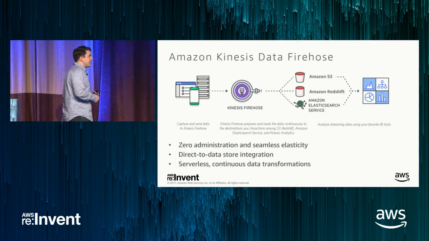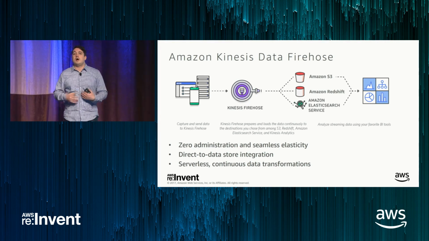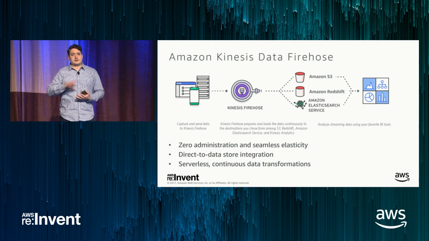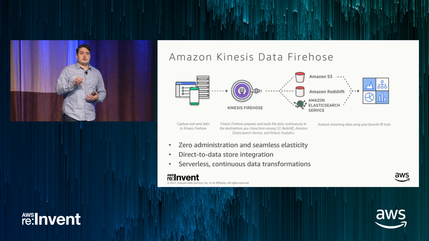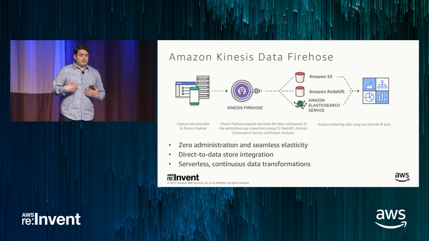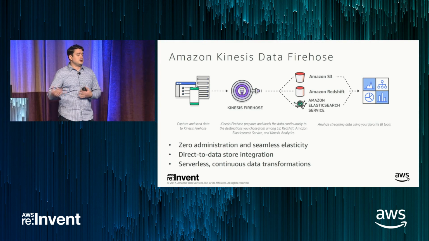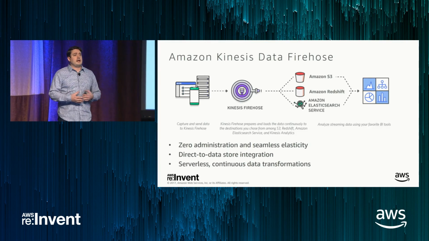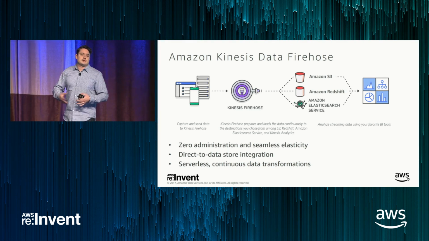So Kinesis Data Firehose, I mentioned that when you use Kinesis Data Firehose, you create a delivery stream. And then after you create that delivery stream, all you really worry about is writing data to the delivery stream. And then the data is delivered without servers, without any operations, to the destination of your choice. So when you configure a Firehose, you configure a number of different things. The first and perhaps the most important are what we call buffering hints. And they're both a time period and a size of how large of data or how often do you want to deliver data to your destination. So Amazon S3 being the simplest example, let's just say you would like data delivered in 100 megabyte files every 10 minutes to Amazon S3.